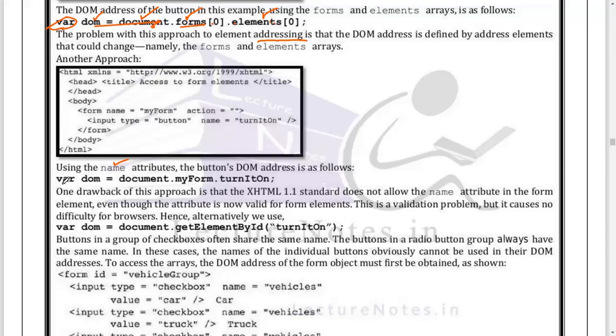Now we have the same variable, var DOM. Here I represent the document, then my form, which is the name given to the form, and next the name given to the element. Whatever the arrangement is, in whichever position the element is, once I specify the name, I can access the element easily from anywhere in the document.